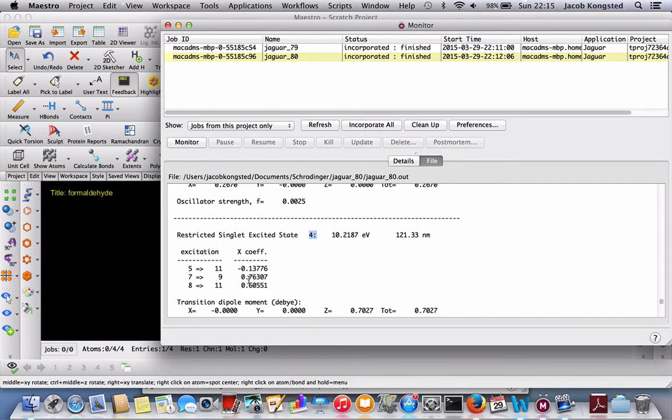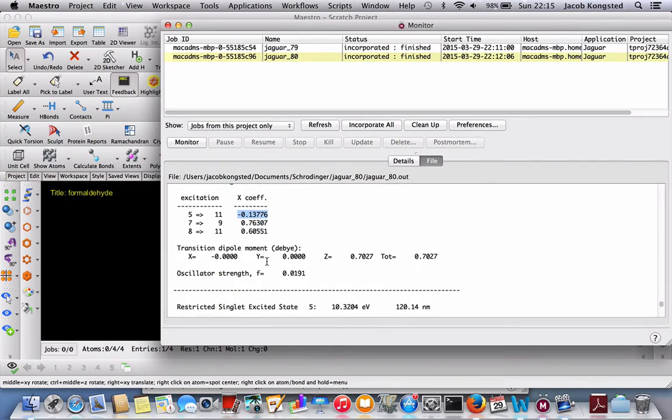Now the numbers out here tell me the weight of these different Slater determinants in the expression for the excited state wave function. In fact, it is the square of this number which tells me the weight of the orbital 5 to 11 promotion Slater determinant in the excited state.